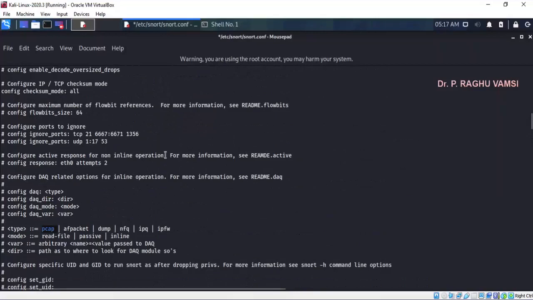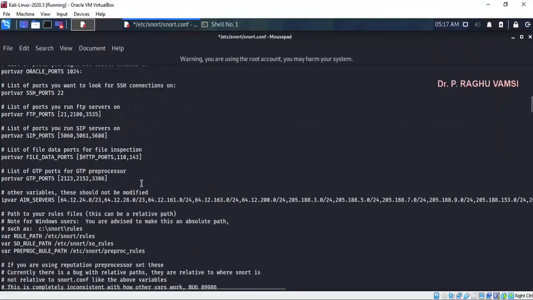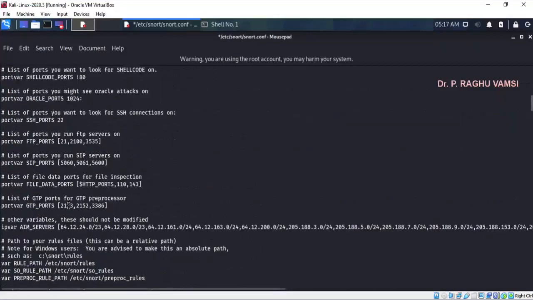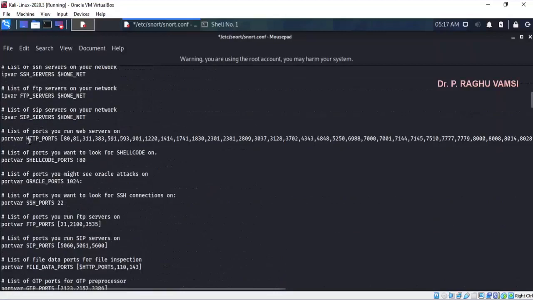And also, if you want to enable the server only for specific ports to listen, like 80, 443, etc., we can make changes to that. For example, here the HTTP ports that you use, the list of ports that you can run web servers on. I don't want all these port numbers to be mentioned.